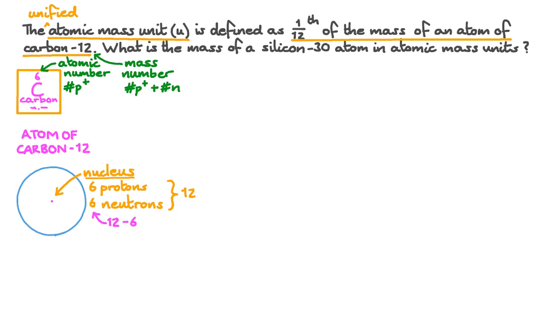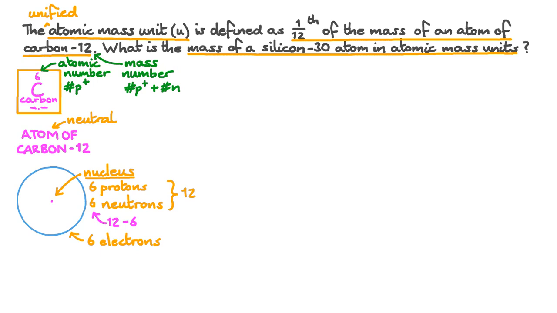12 minus 6 is 6, so we have 6 neutrons. And since we're dealing with atoms, which must be neutral, we must have 6 electrons to balance out the positive charge of the protons. The next thing we have to do is work out the mass of a silicon-30 atom